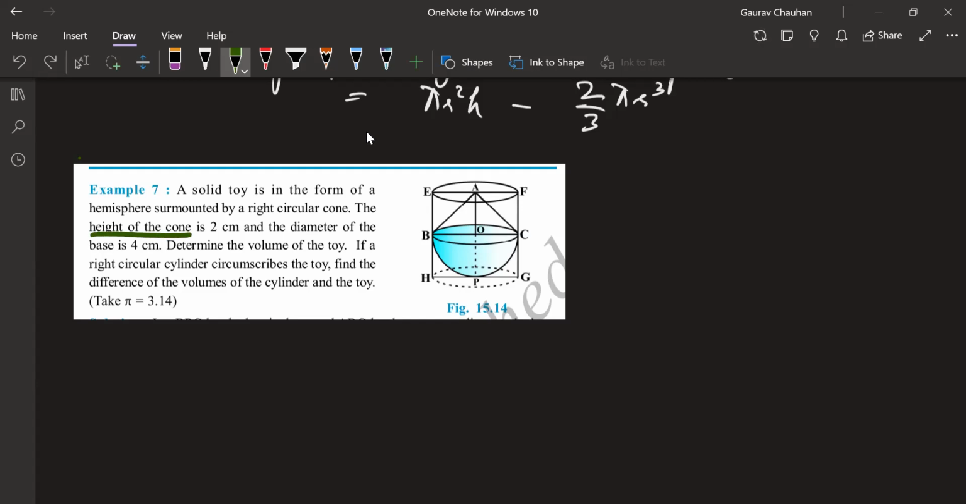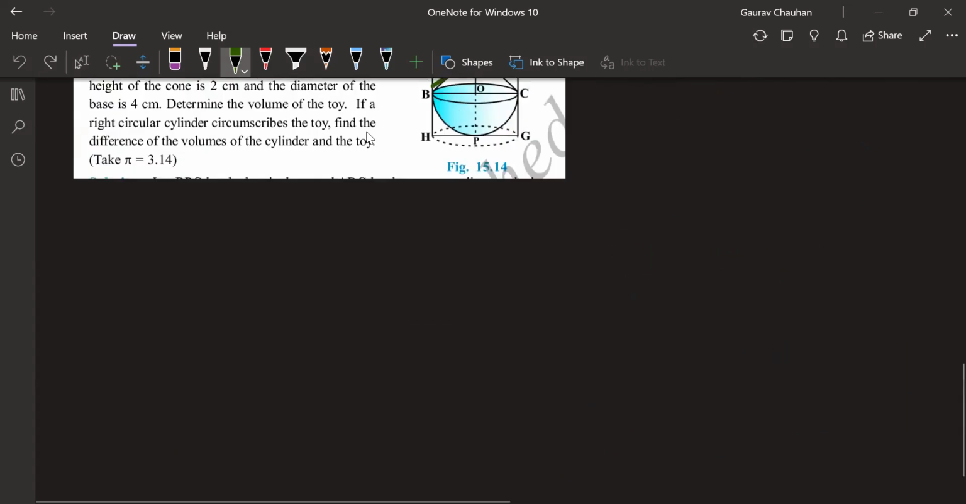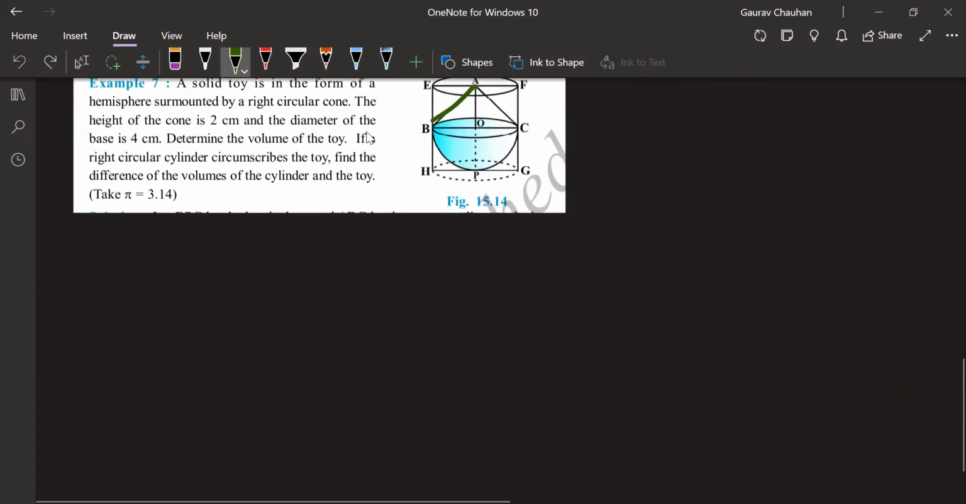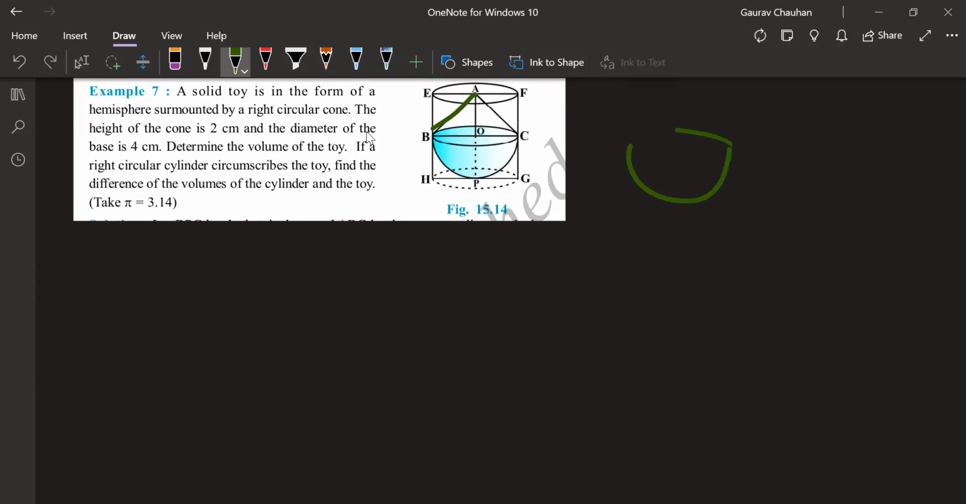What man? Height of the cone is 2 centimeter. Height of the cone. Cone is only this much part. Can you see that? Yeah. So there is this hemisphere, and on top of that this cone. This cone ka height is 2 centimeter, which means AO, FC, EB, all of that is the height. Yeah. Next,